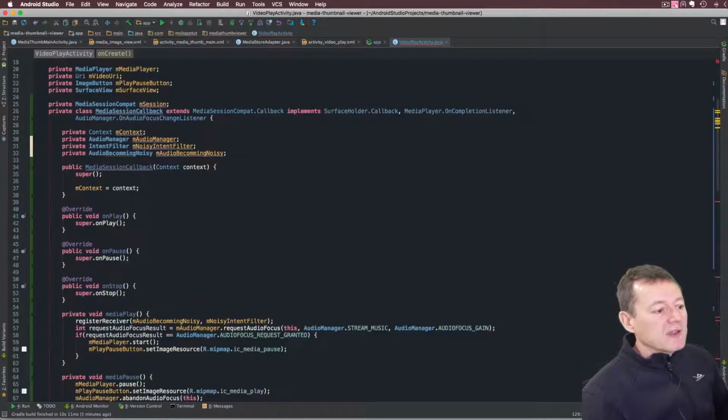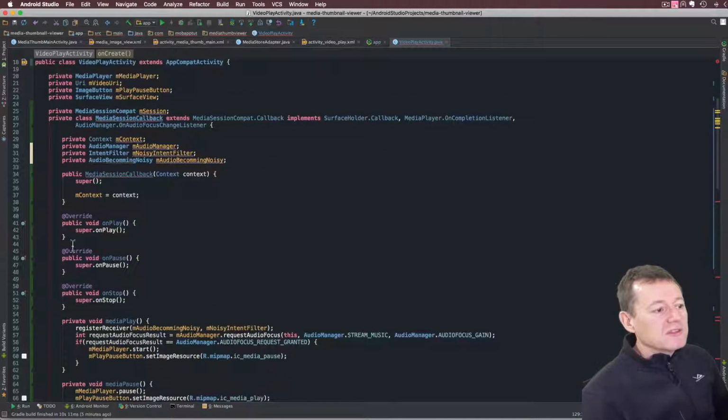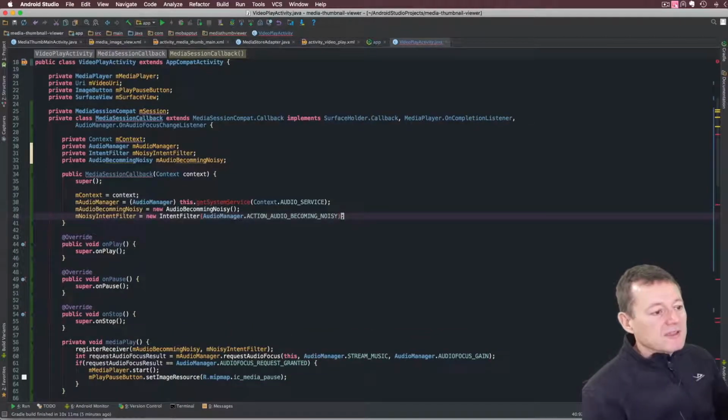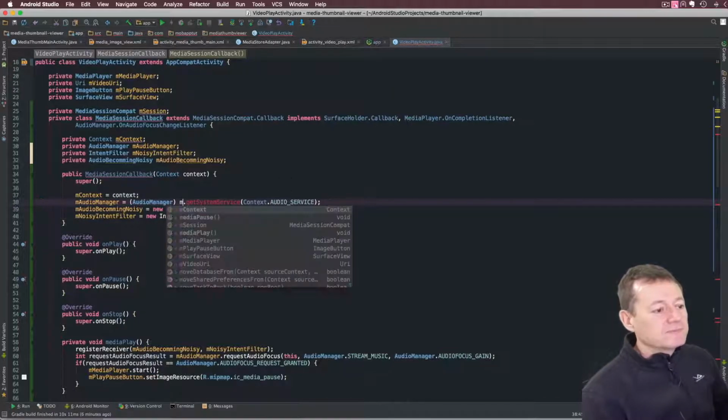And go back into our new class and put them into the constructor here. Just paste them inside here as such. Okay, let's start tidying some of the stuff up. Because I'm now inside the media session callback class, I now need to use my context in context,